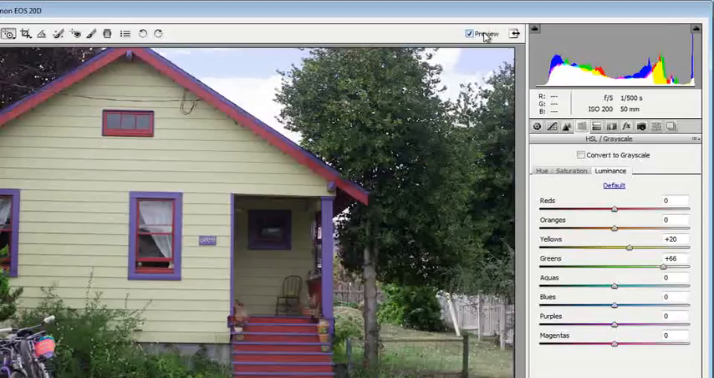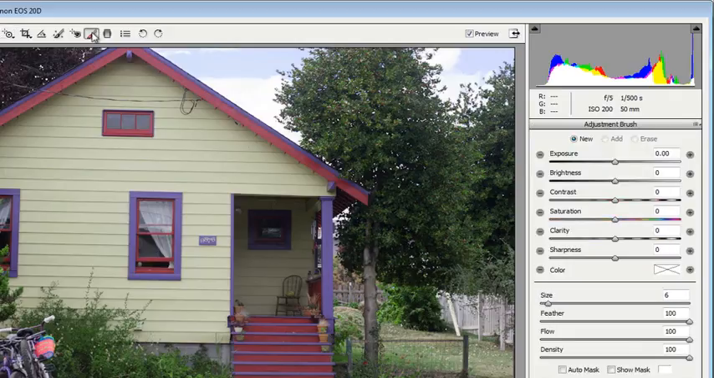Now let's get even more selective. Instead of altering similar colors throughout an image, suppose we want to limit our adjustments to specific locations in the image. Well, that's easy to do with the Adjustment Brush. That tool is located up here in the toolbar. We'll click that, and notice along the right we have a completely new set of options. Now exposure, brightness,